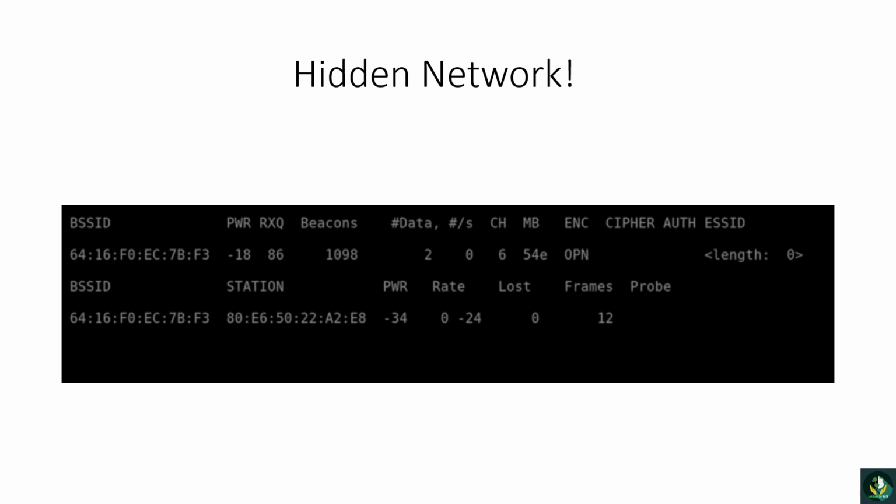But what we can also see is that there is a client connected to the network right here, because as we said in the second lecture, airodump-ng shows us the connected devices. So we can see that there is a device connected to this network, and the device has a MAC address. So what we are going to do now is use a deauthentication attack,